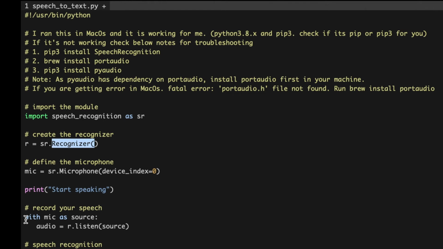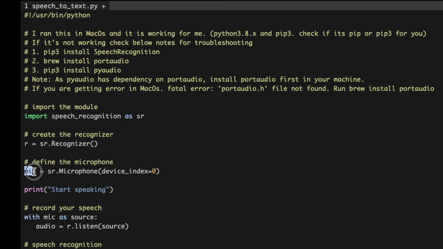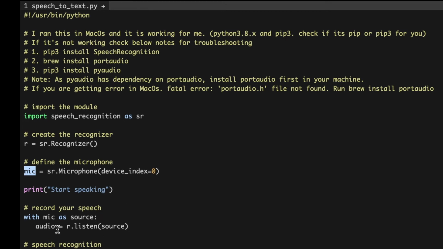Now you start speaking. How does it capture all this? With mic as source, which I have already defined, it will listen and save your speech in audio.